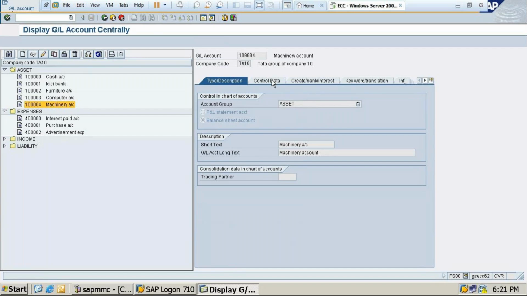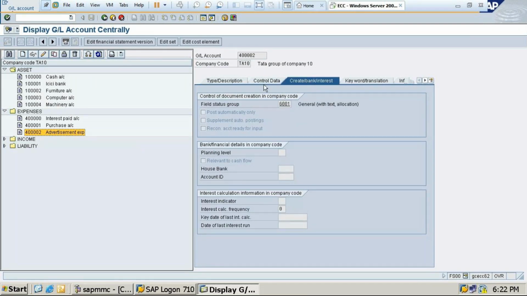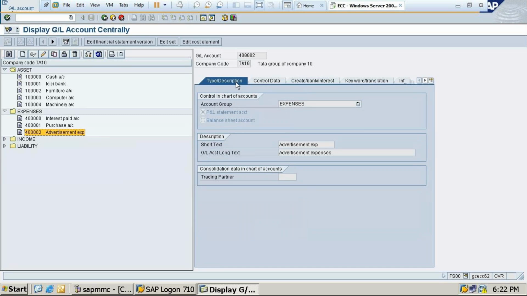Machinery account. If you want to write, you can write.